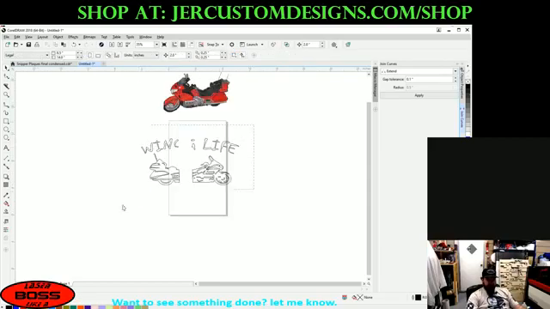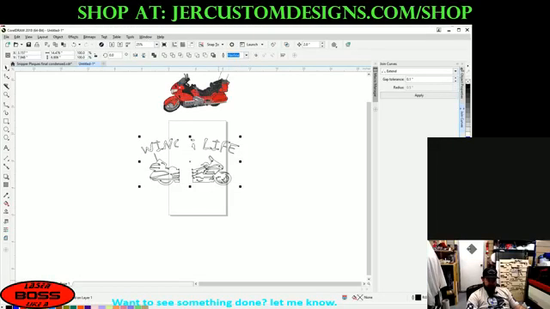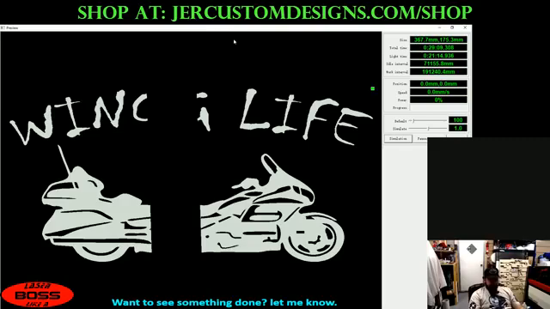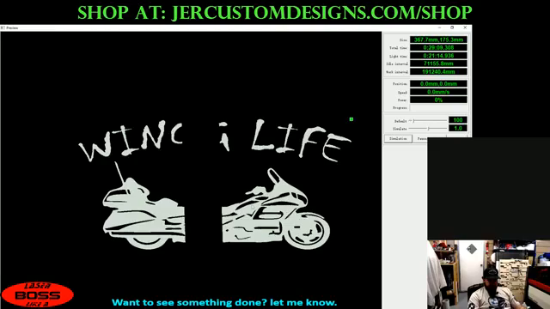So now if you go into RDWorks, by saving it as DXF or whatever, it's going to show you basically what you have. Now if you go to simulate, you notice how everything's sealed off and engraved. Now if you don't want it to be filled in like that, you want it to be the opposite. You don't want this part engraved,